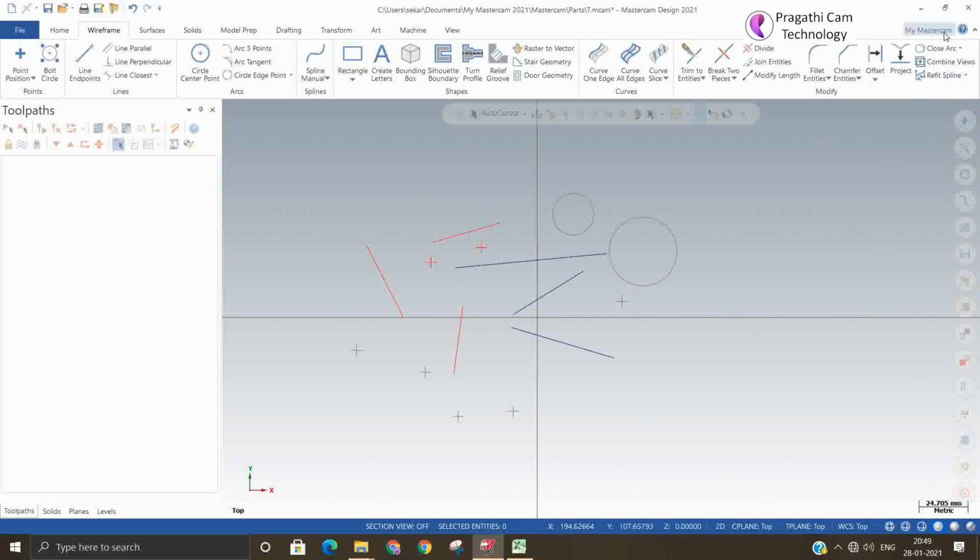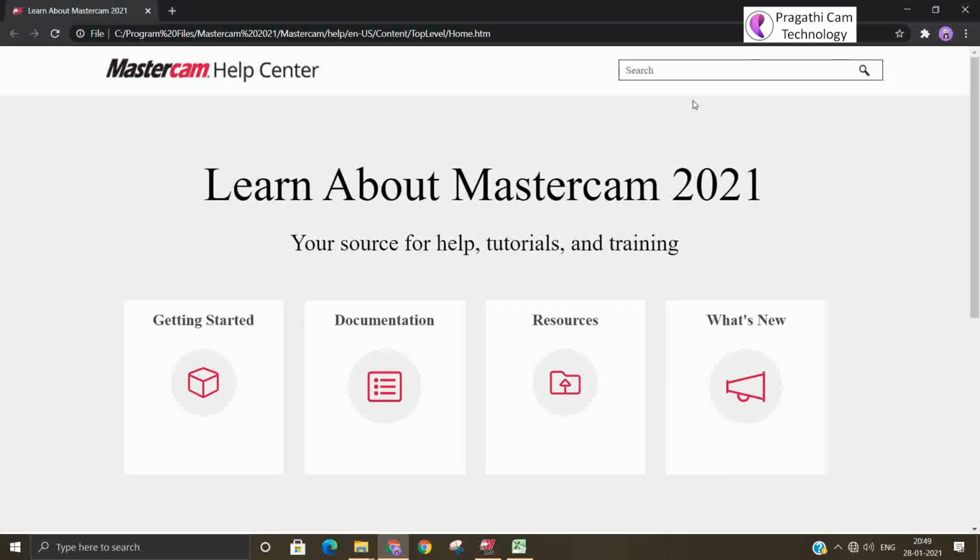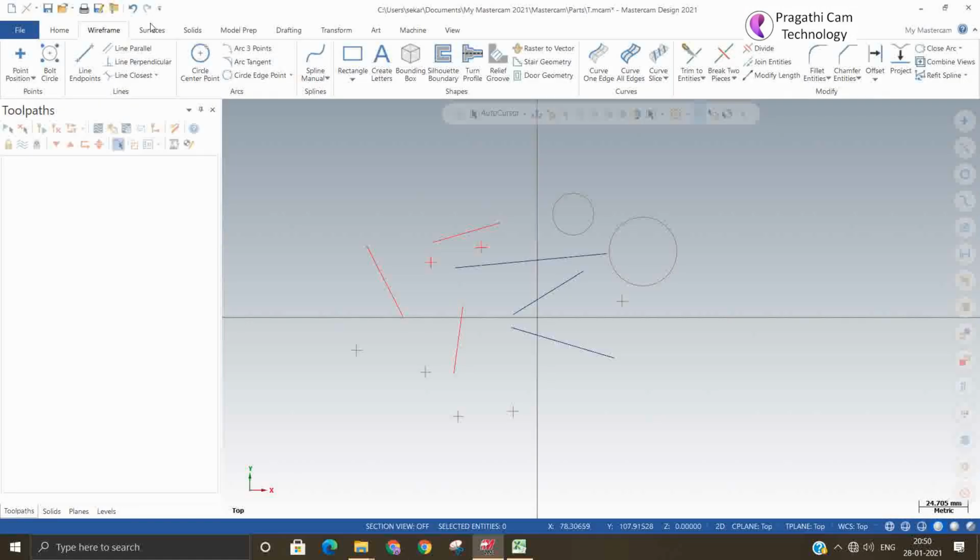So this is all about the graphic user interface. At the corner you can see there is a question mark. By clicking that, you access the Mastercam help center. So you will see videos and other things.